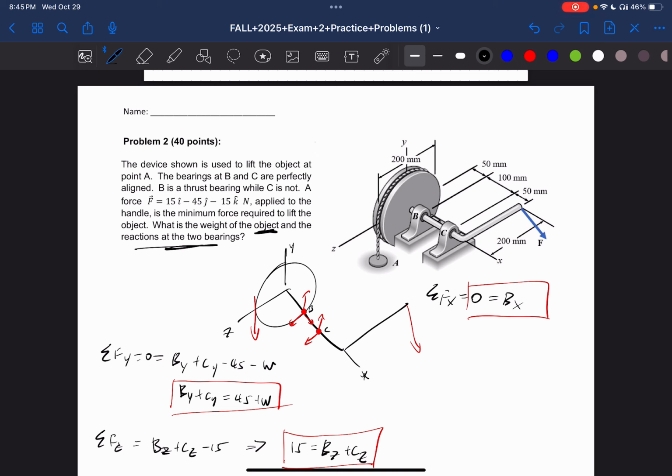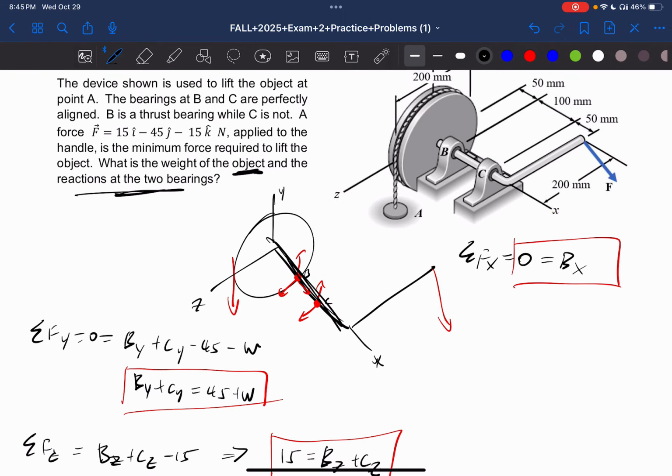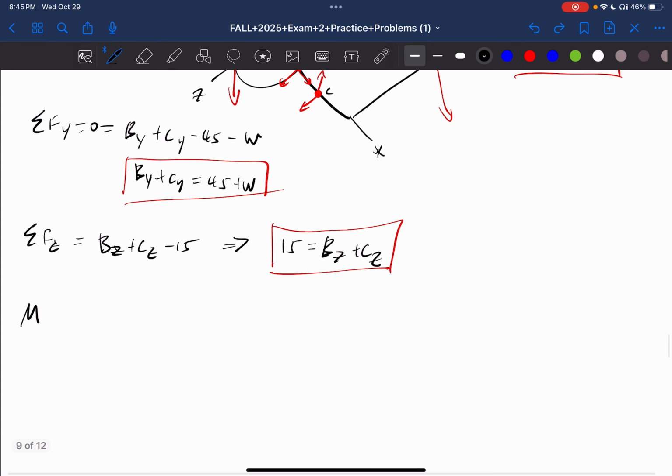Okay, if we do the sum of the moments at B in the x direction, that's going to work. If we just do the sum of the moments in the x direction, along this direction right here, we have this and this. Because this is known, we can find the weight. So let's do the sum of the moments